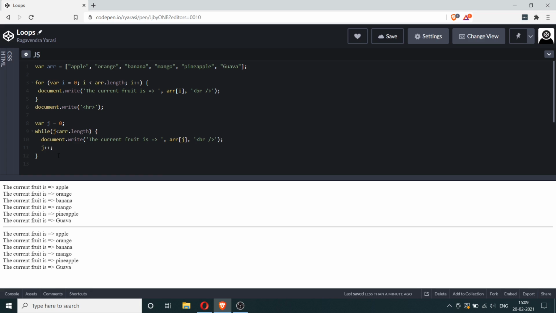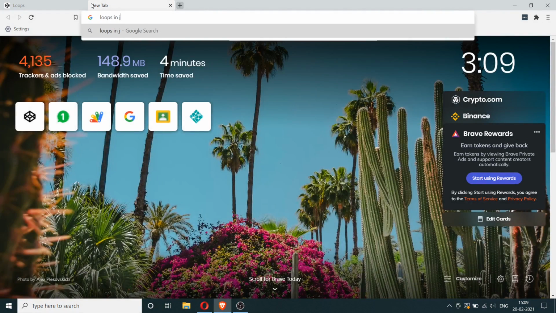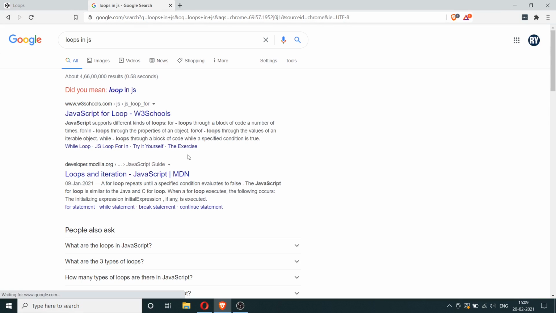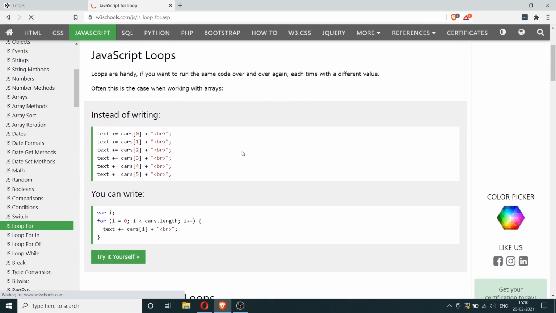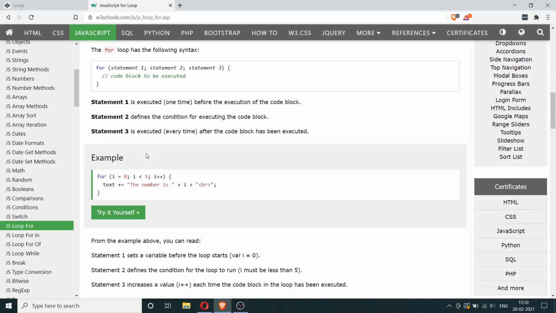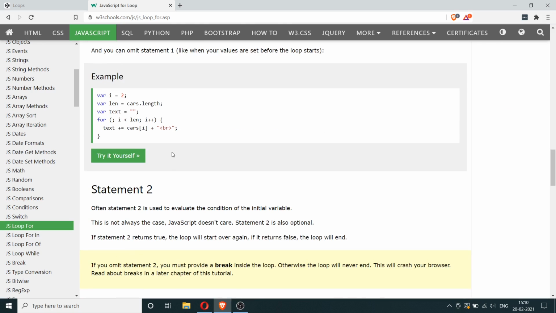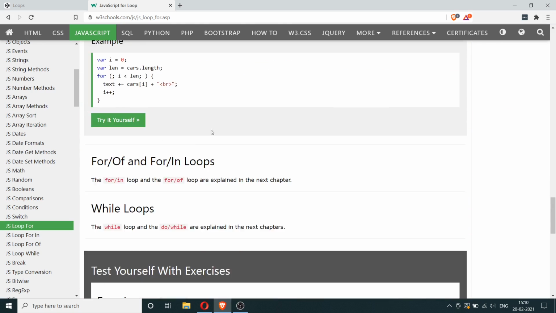There are certain combinations of the for loop and the while loop, but I don't think that's necessary for now. You can have a look at it later. All you have to do is go to loops in JavaScript and Google for it. So you can Google for loops in JavaScript, and you can see that there are different kinds of loops. So there's for in, for of, while, do while. All of these are different kinds of variations of the for and while loop. I don't want to go into all the possibilities. You can have a look at this on your own. But this will give you a sense of how there are different variations in these for and while loops.